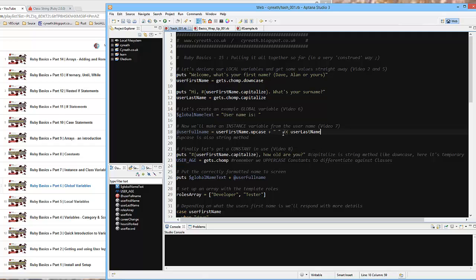If you read around, so what we do is we can then concatenate the last name. So we're basically going first name, all in uppercase, and a space, then the last name. But we've got two methods here,